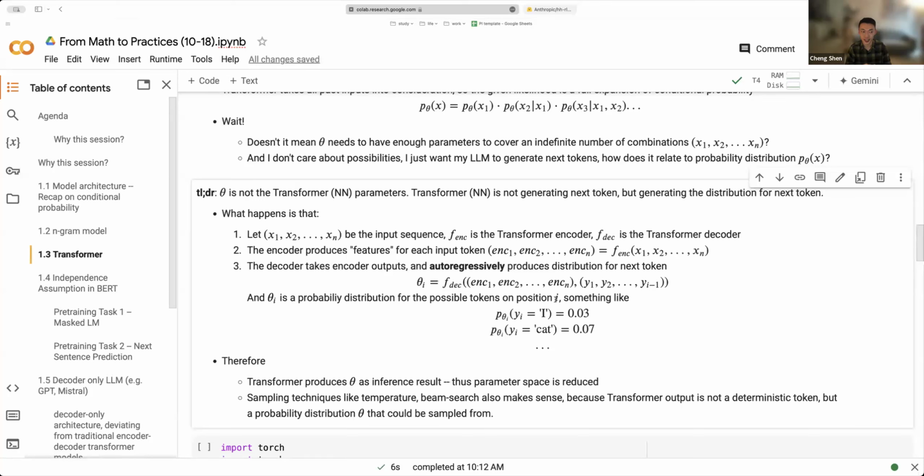If we go back to the idea of the lookup table, the reason we had the Markov assumption, that every token only depends on one or two previous tokens, is that without the Markov assumption the lookup table is intractable. It's infinitely large. If we want to know the probability of cat, we need to define the whole lookup table, listing out all possible prefixes, and then for every possible prefix, we look at the probability of cat as the next